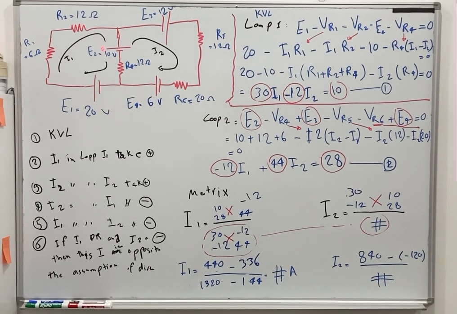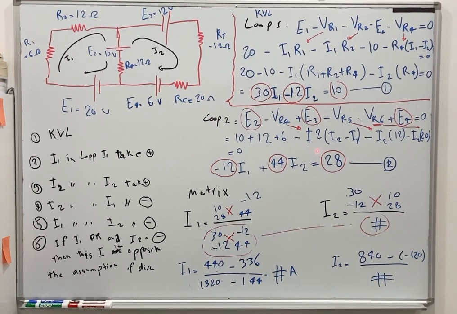The direction of the batteries is the same for the clockwise. So all this: 1, 2, 3, 4, 5, 6, 1, 2, 3, 4, 5, 6 equal to 0. Now we'll move E1, E3, E4, E2, E3, E4: 10 plus 12 plus 6, 12, 10, 6, minus this